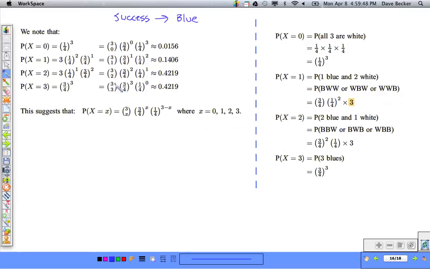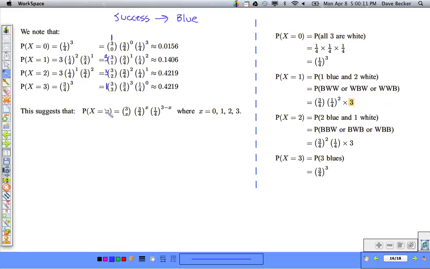Notice the 3 choose 3, 3 choose 2. These are the coefficients. 3 choose 0 is equal to 1 if you remember. This is equal to 3. This is also equal to 3, and this is equal to 1. Again, the binomial expansion. Okay, this suggests that, here's the biggie, the probability that the random variable x is